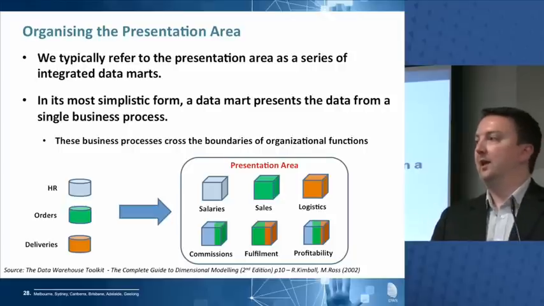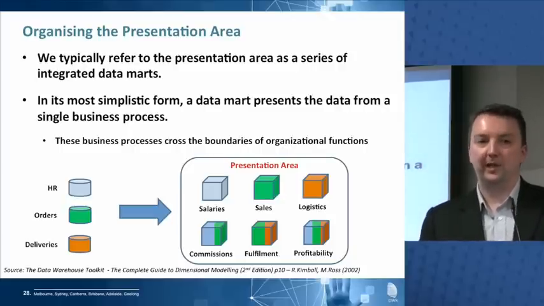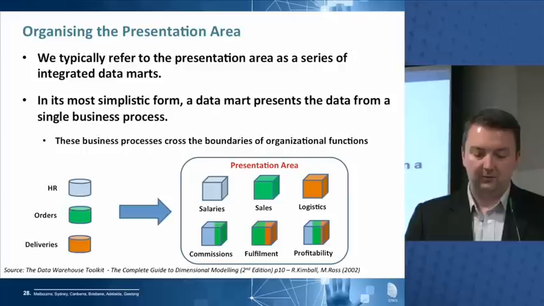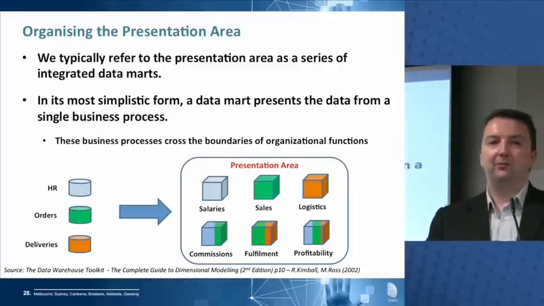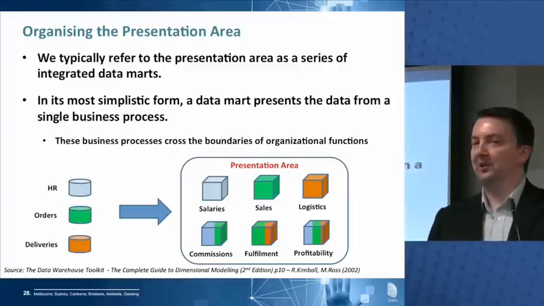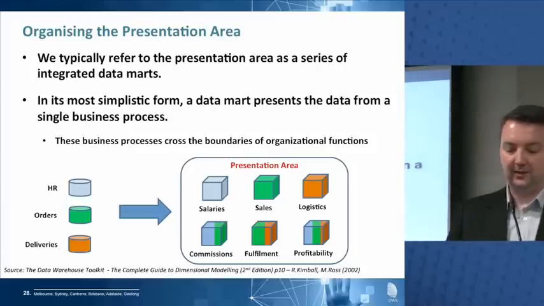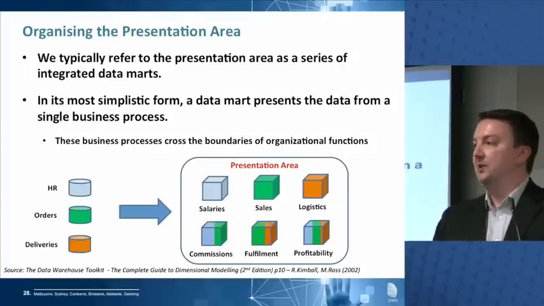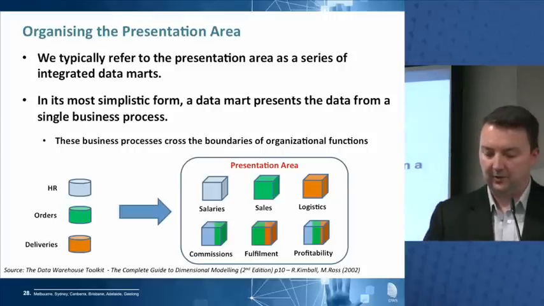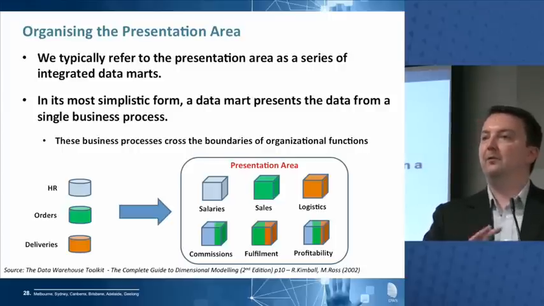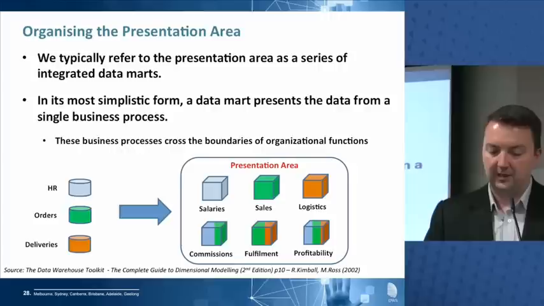Similarly, fulfillment. What orders have we taken and have they been delivered? When were they delivered? Where were they delivered? We would combine data from the orders and delivery system together in a single structure that we might call fulfillment. Then you might have profitability. Every organisation has profitability, and you're probably going to get every single source system involved together and presented in a single data mart in the presentation layer. So depending on the business process that we're looking at, we might have several data marts in our presentation layer.